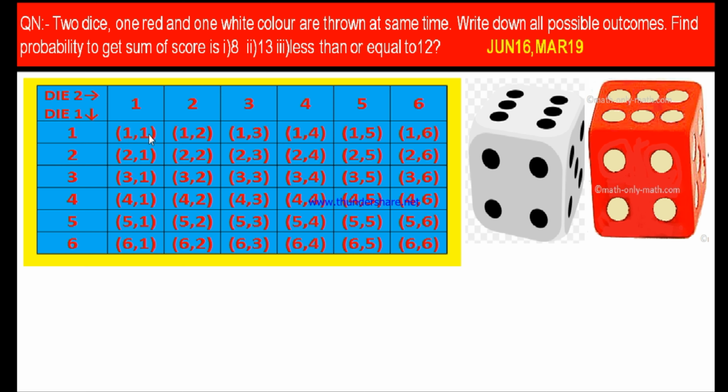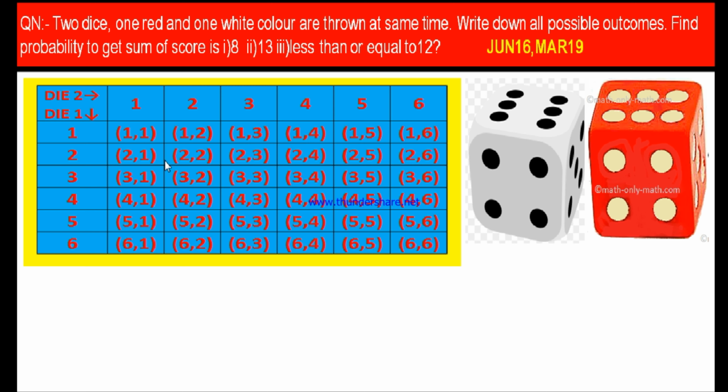Therefore, if you throw both the dice at the same time or simultaneously, the scores are 1, 1. Now, if the score on the first die is 1 and the second die is 2, then this is 1, 2. The score on the first die is 1 and the second die is 3, then this is 1, 3. If the first die turns up 1 and the second die may turn up 4, in such a case the scores are 1, 4. This is the first die score and this is the second die score: 1, 5 or 1, 6. Similarly, the first die may turn up 2 and the second die may come up 1. Therefore, 2, 1, 2, 2, 2, 3, 2, 4 and all these ordered pairs.